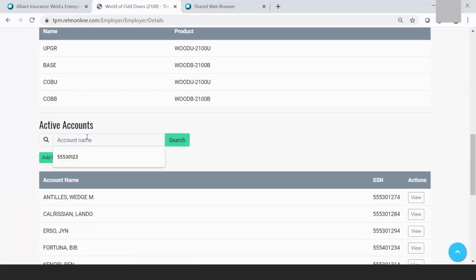I know most of you are going to know when an employee is being rehired, but I wouldn't want you to go through all of the data entry only to find out when you click save that, hey, that social security number already exists in the account, and then you've spent time doing something that you probably are going to want back because, well, some of you have a lot of people to enter. So